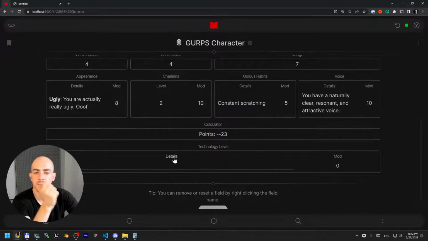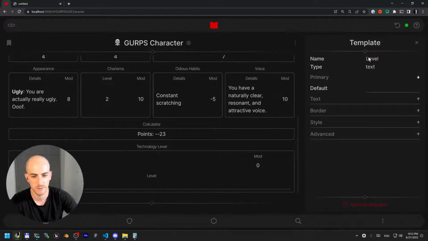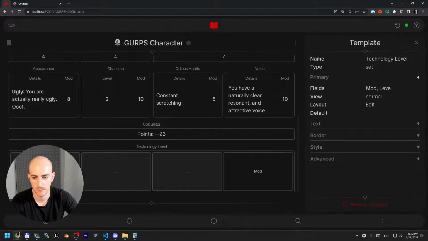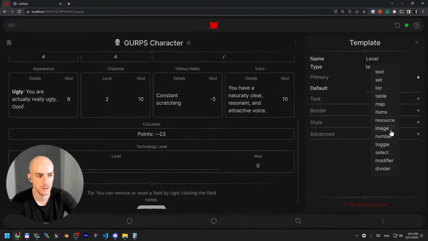So let's say our details. Sorry, this is going to be the level, right? Okay. Level. The level is going to be a number,